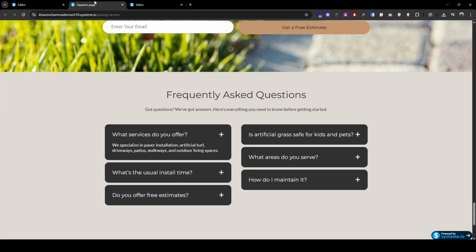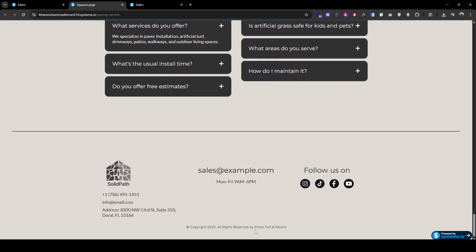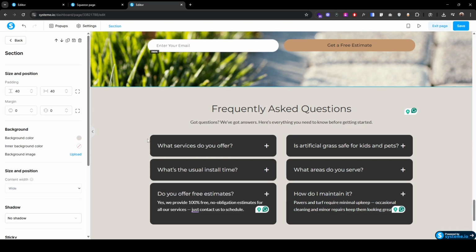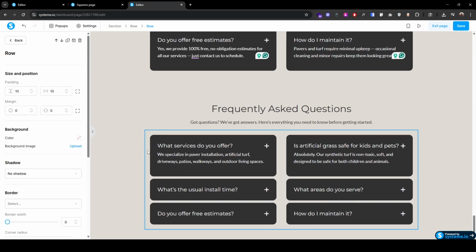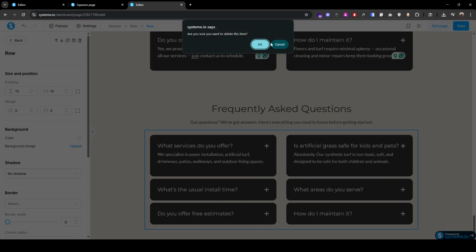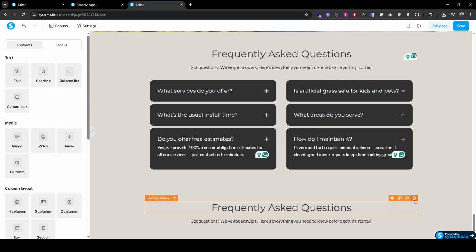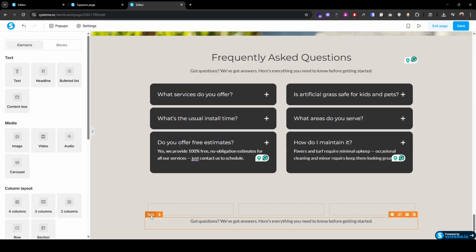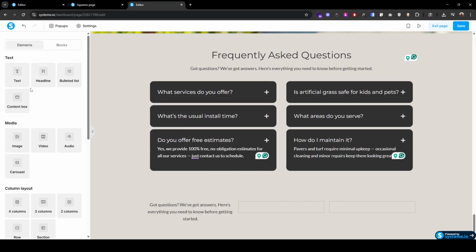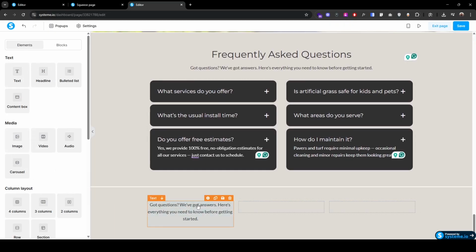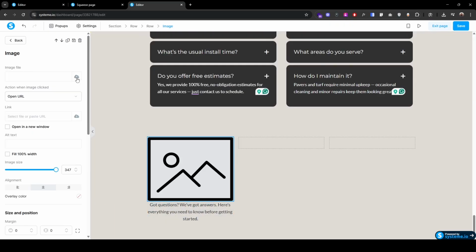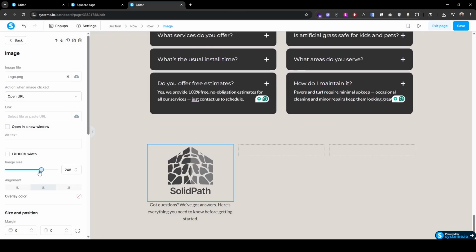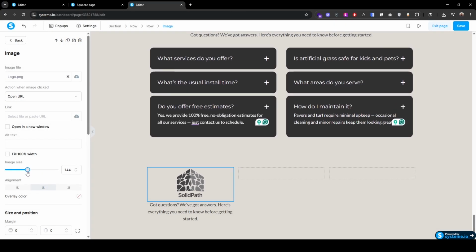Finally we have this footer section, so let's create it. Duplicate this, remove this FAQ, also this text. Add a 3 column here, maybe place it here, this text, then add an image, it's for our logo. Insert, make it a little small, I guess